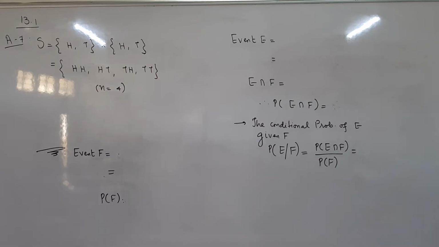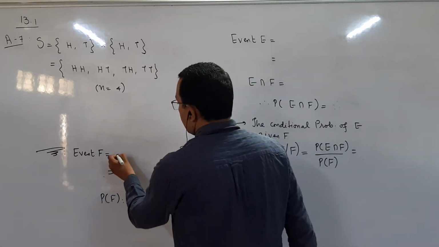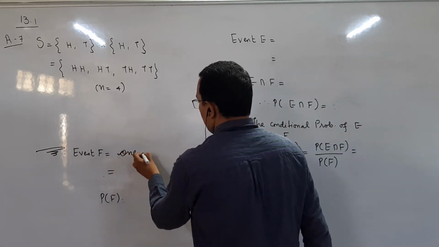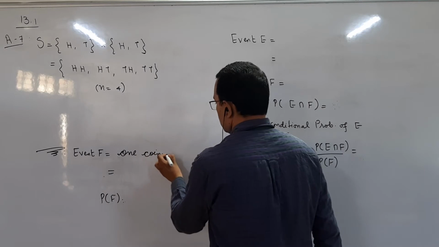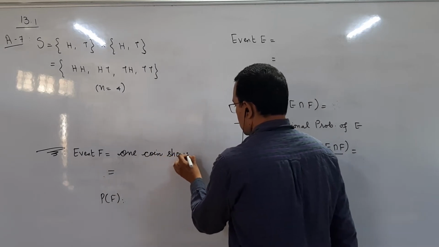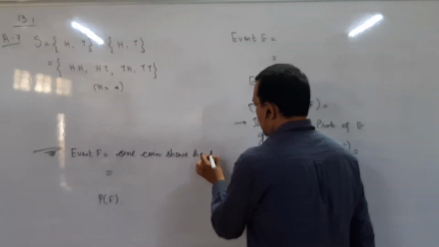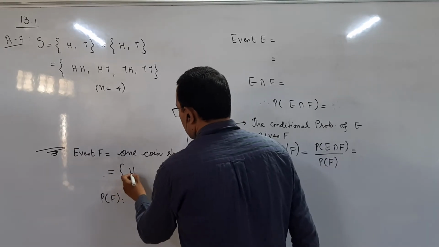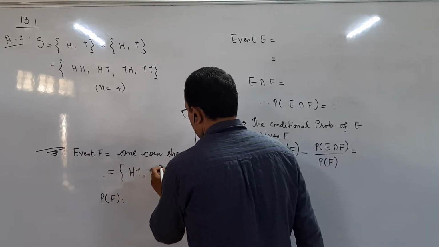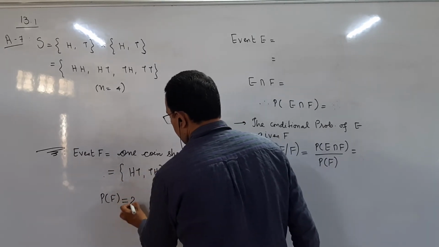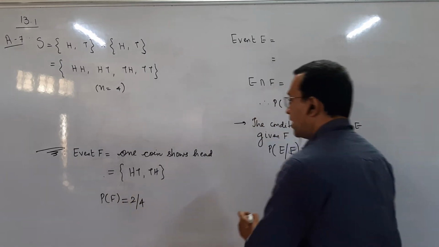Now event F, 1 coin shows head. So on any one coin, either first or second, so this probability is 2 by 4,